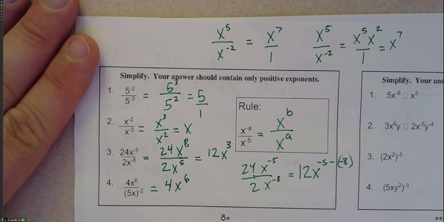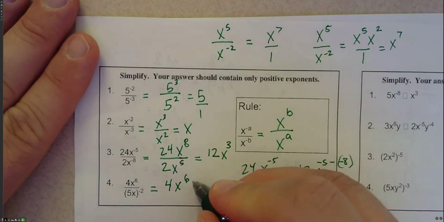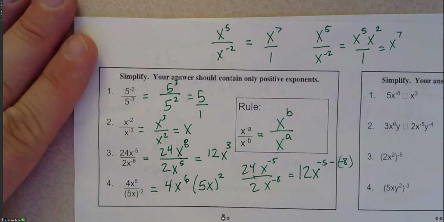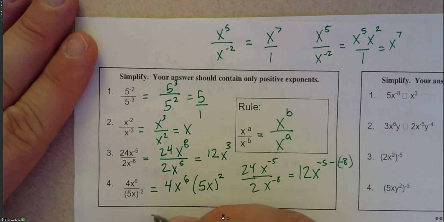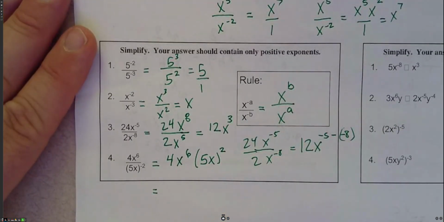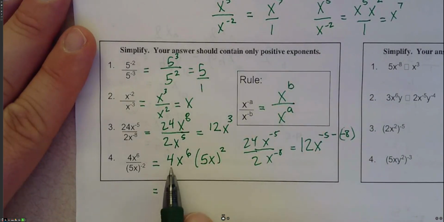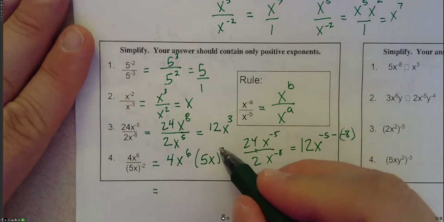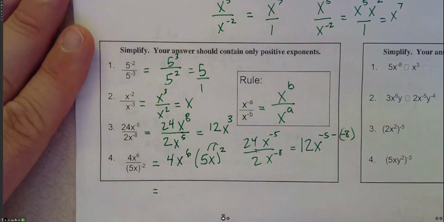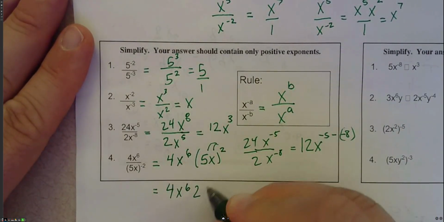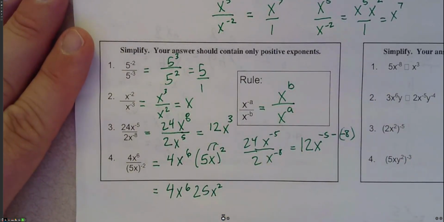All of it, right? Because it's in parentheses, it's saying all of this gets moved up top. And we might need scrap paper for today's quizzy, because we might need to write these steps out. Then I don't want to multiply these yet because I want to make sure that I realize that this squared is going to go to both those things. So it's really 4x to the 6, 25x squared,